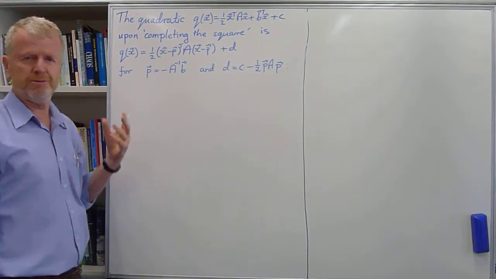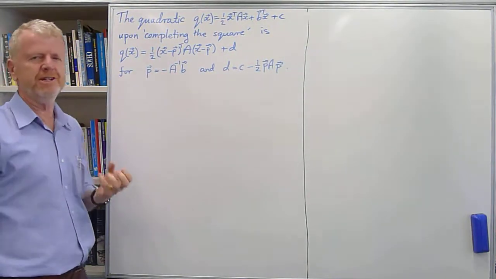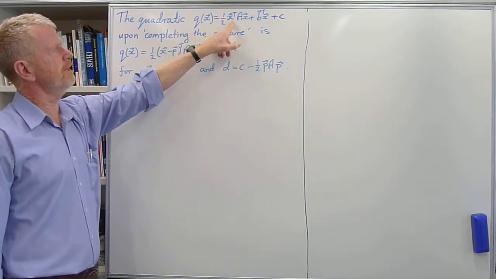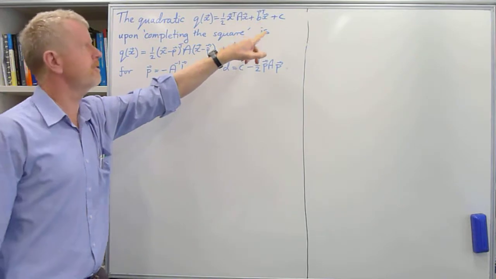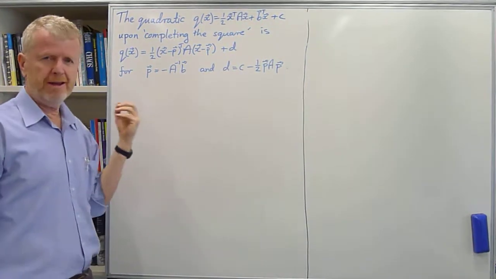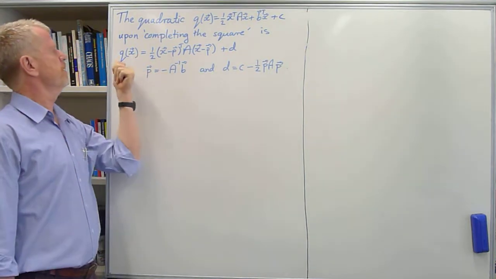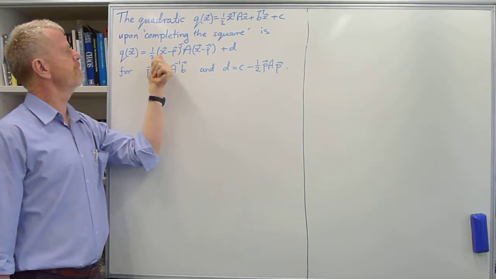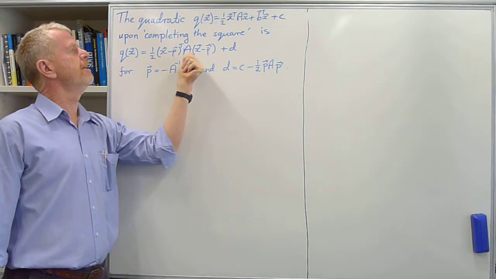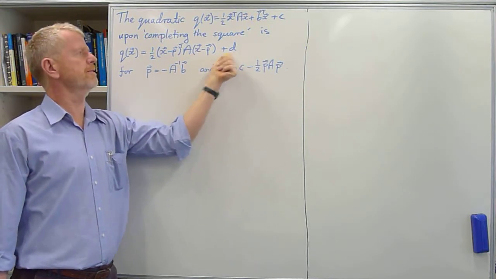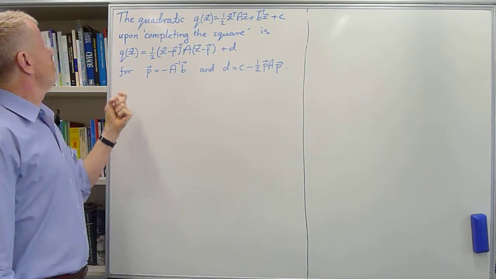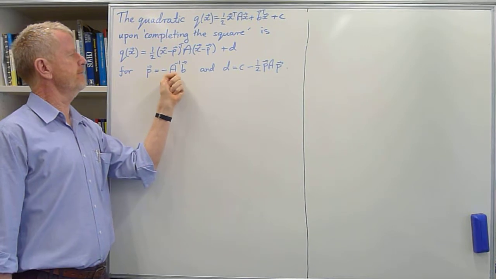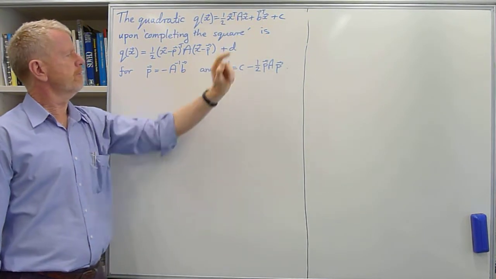Now let's have a look at quadratic functions, because our knowledge of these will be very useful later. So a general quadratic we will write in the form of a half x transposed Ax plus b transposed x plus c, and by a form of completing the square we write such a quadratic in this form as a half of (x minus p) transposed times A times (x minus p) plus a constant d, where we will deduce very shortly that p is minus A inverse times b, for A and b up there,